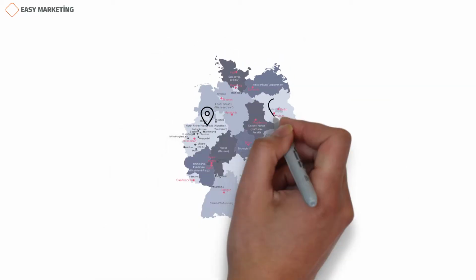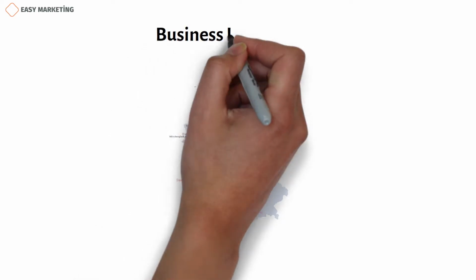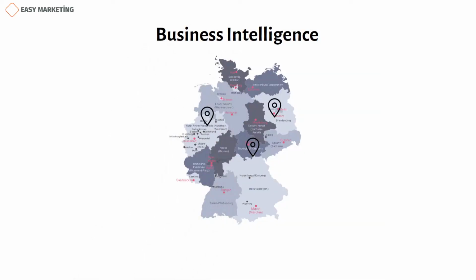Imagine that you have a chain of restaurants with branches in different regions of Germany. It's necessary to use the business intelligence process to manage this chain of restaurants and analyze their activities individually. So, to go through the business intelligence process, you need to look at the data of the different branches of